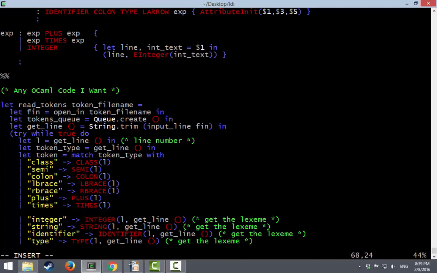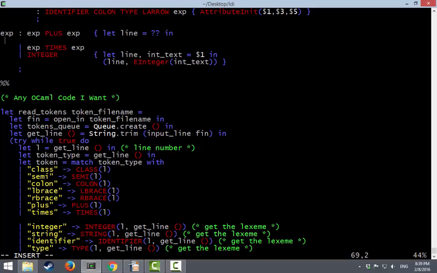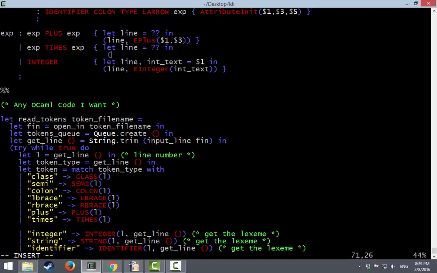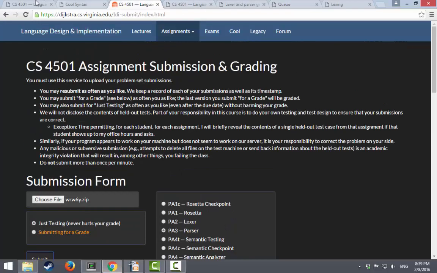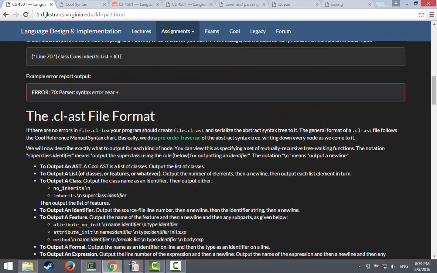Okay. So now similarly for plus, we need to know where this lives, but once we have that, we can just do E plus of number 1 and number 3. And in fact, this is what a lot of our rules are going to look like. If we can figure out where this thing lives, then this is just E times of number 1 and number 3. So in a plus expression, what is its line number? Well, we go back to the